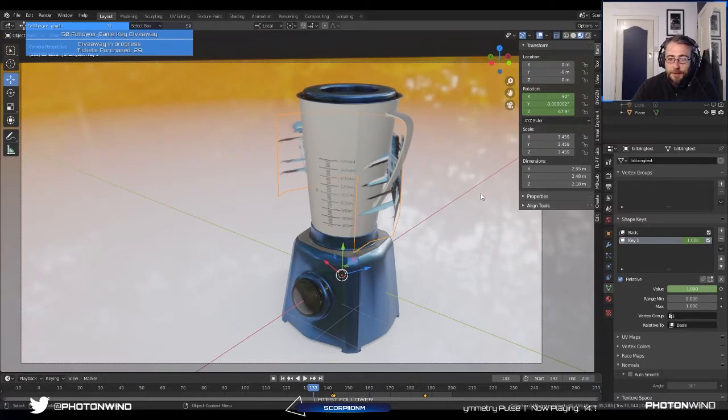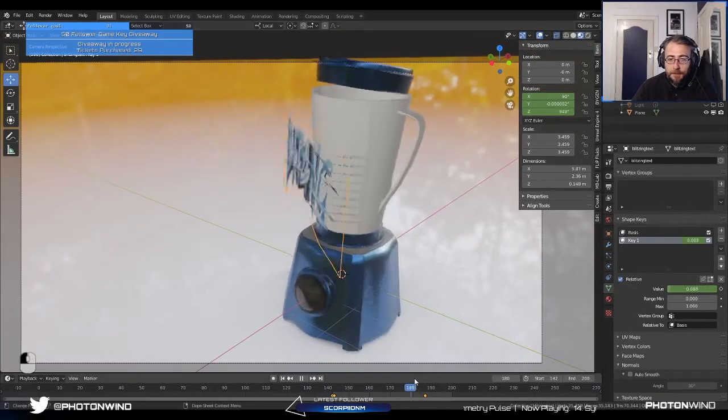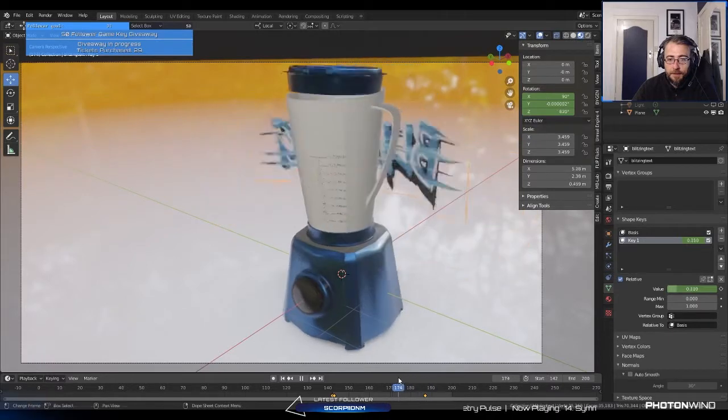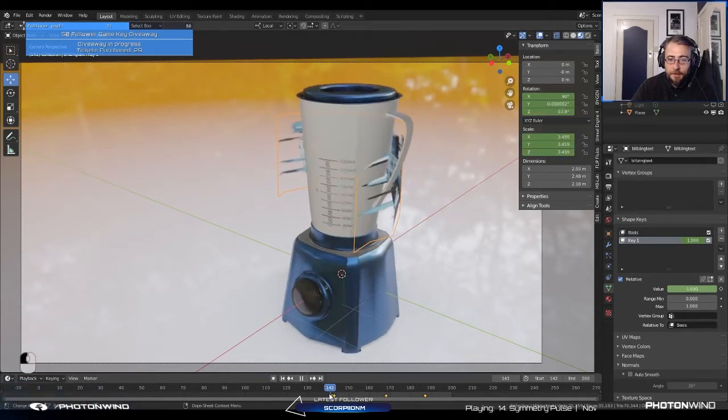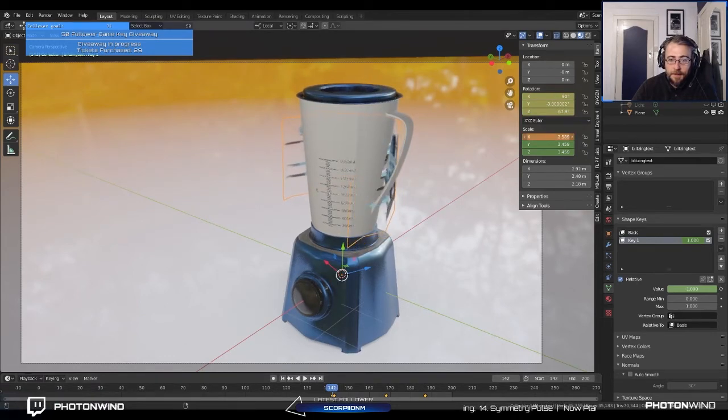So what I'm going to do is scale it. I'm going to put a keyframe, about this point. So that's where we want it to start being full size. I'm going to go over scale, and press I to set a keyframe for the scale. Then go back to the start. And then I'm just going to find a scale in, not in the Y,